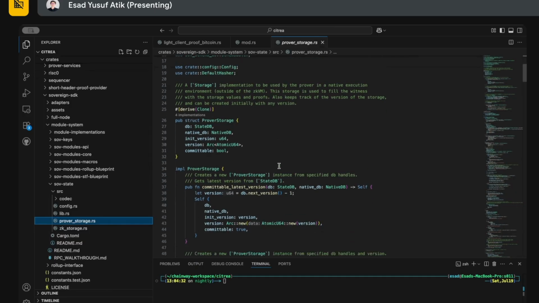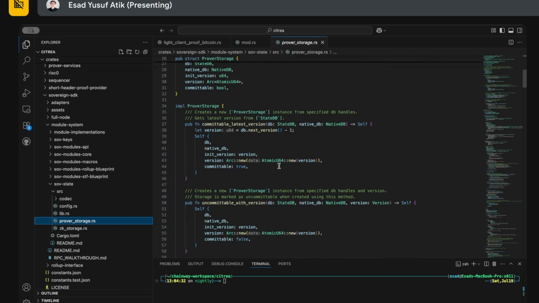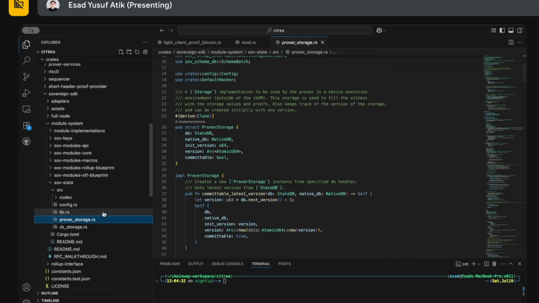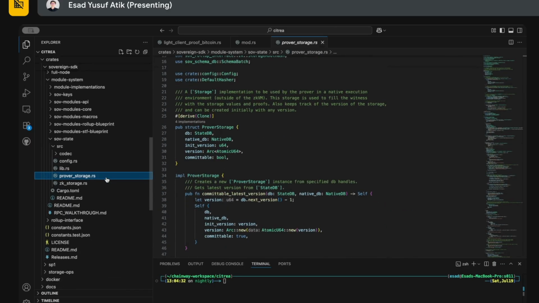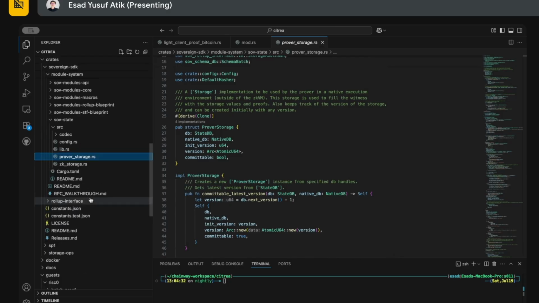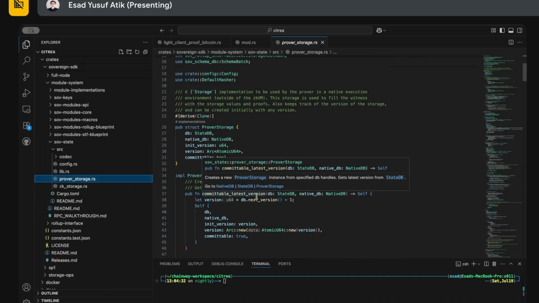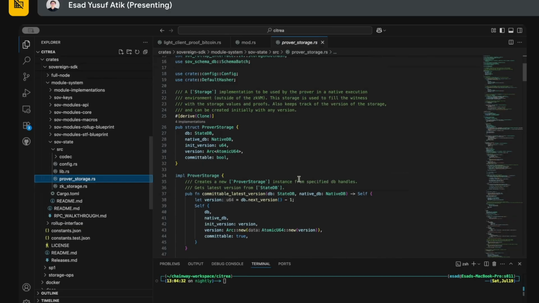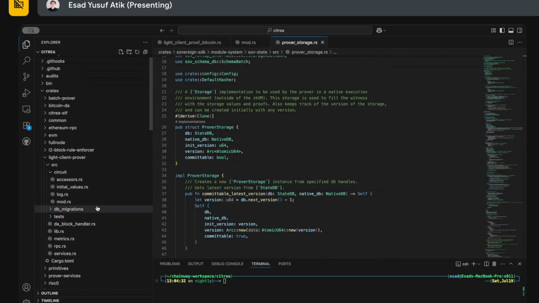So what we do is, whenever we are running, let's say, an L2 block, or we're simulating the light client proof circuit in one of these nodes, we keep track of state accesses and state writes, and we are accumulating something called the witness. This witness contains things like JMT inclusion proofs, JMT update proofs, and the values. So to give you an example over the light client prover,